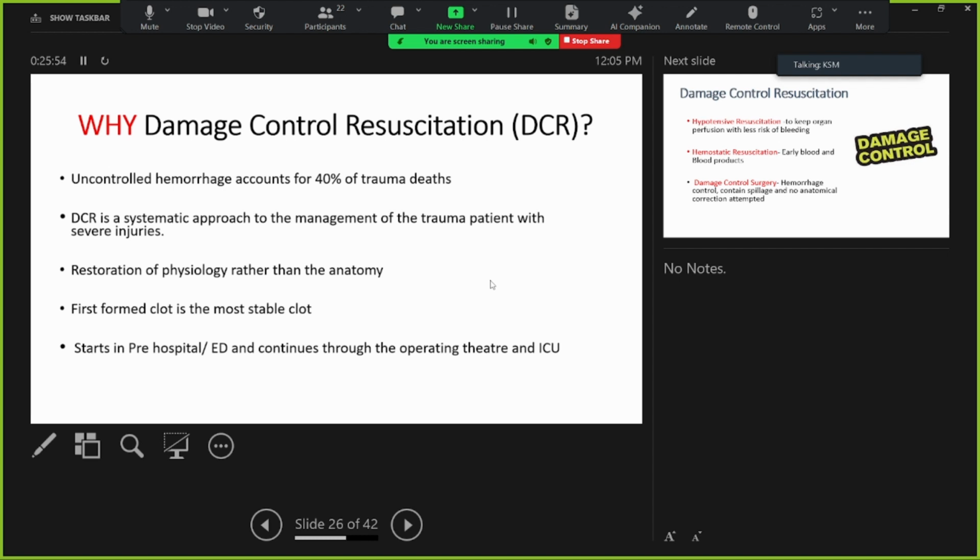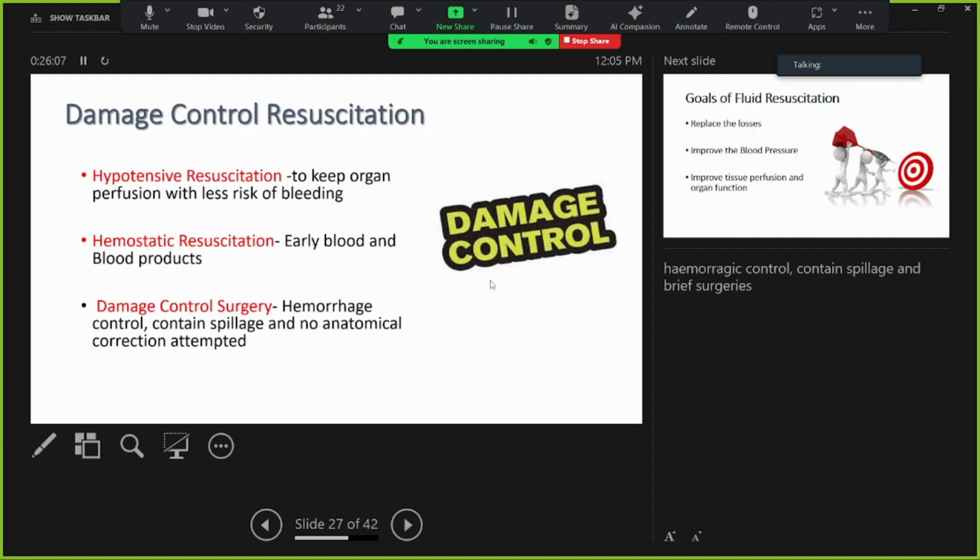And the damage control resuscitation should start at the scene of injury and go through the emergency department, then to the operation theater and to the ICU. So there are a few strategies they are using. One is hypotensive resuscitation, where you don't achieve normal blood pressure in these patients, to reduce the risk of bleeding. And also they practice hemostatic resuscitation, which encourages you to start blood and blood products very early